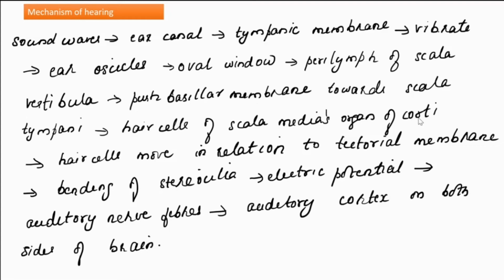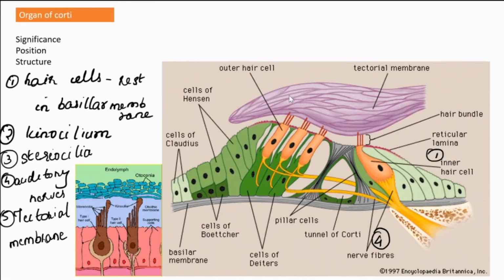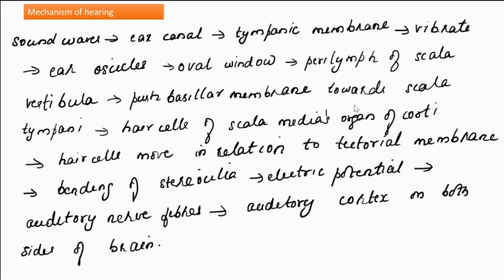the organ of Corti, and those hair cells move in relation to the tectorial membrane. I forgot to tell you about that. Here we can see a tectorial membrane. As the cilia bend against the tectorial membrane, at that moment a stimulus is produced, and that stimulus is conveyed to the auditory nerve. I forgot to mention the tectorial membrane. Okay, and we can return to this slide.